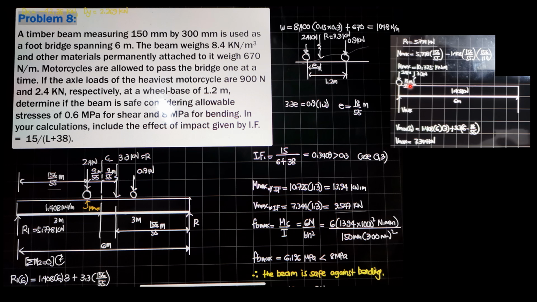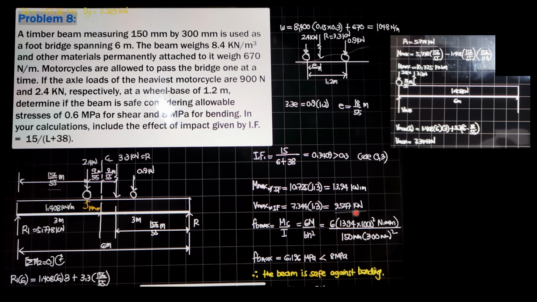Then for this live load, 3.3 times quantity 6 minus 18 over 55. So solving for maximum shear without impact yet, it is 7.341344 kilonewtons. So considering impact, the maximum shear therefore is 7.344 times 1.3,